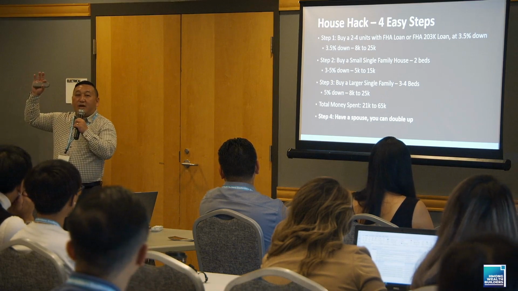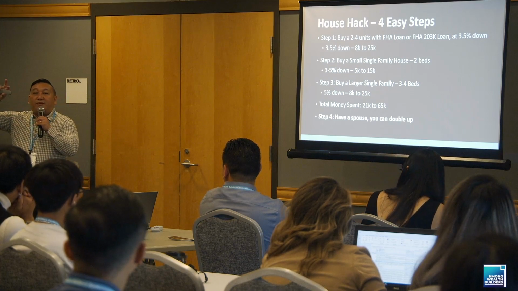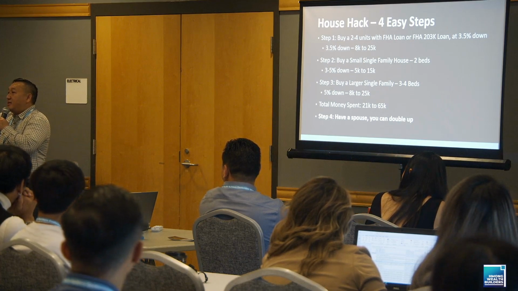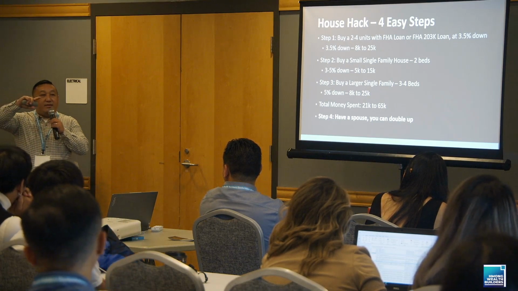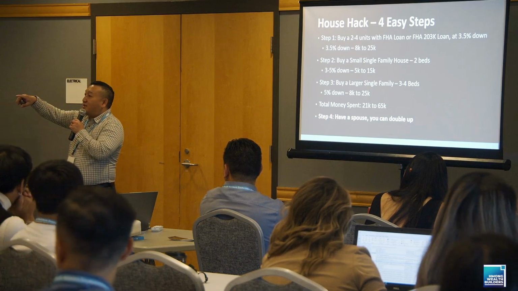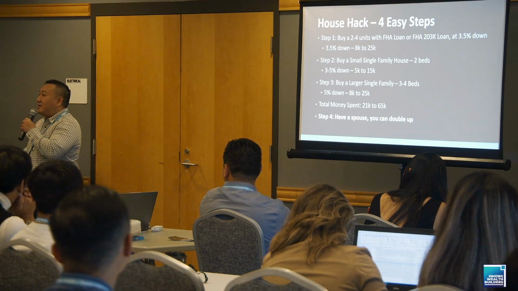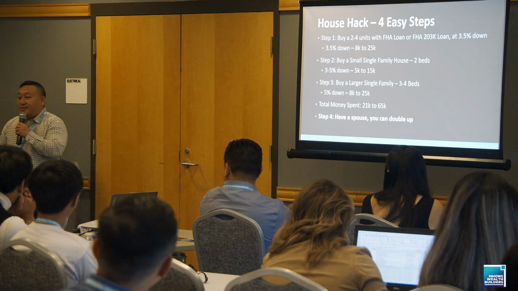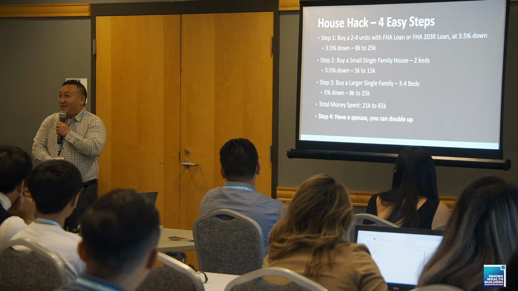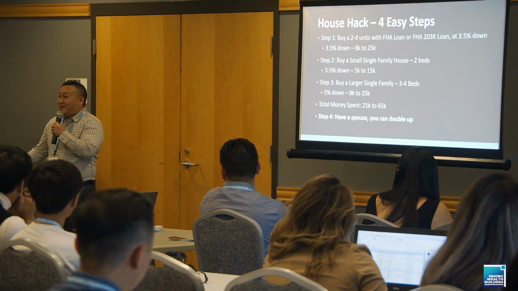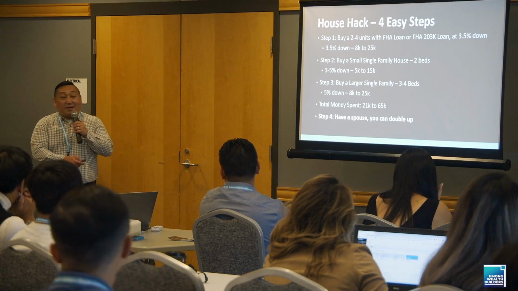How much do you pay for rent or mortgage right now? Those that don't have properties, how much are you paying for rent? Just yell out. 1,600. 18? 13? Oh, that's not bad, right? So 1,600 times 12, how much is that? Someone do the math for me. 19,000. That's your down payment between all of this, right? So if you don't have to pay a mortgage or rent, you have the money to do it. You already have the resources to do this step.